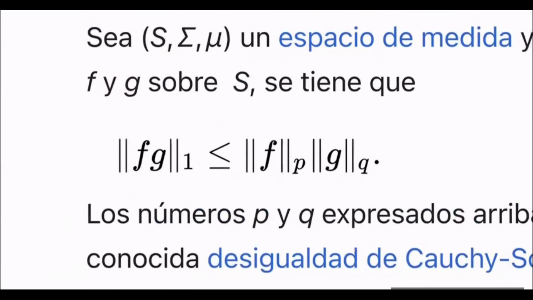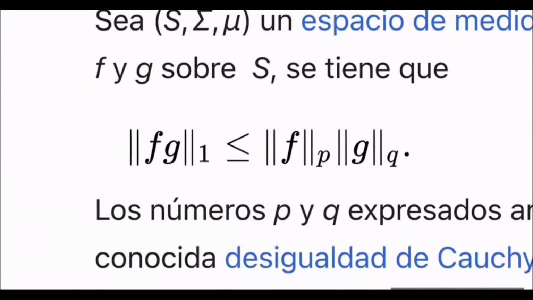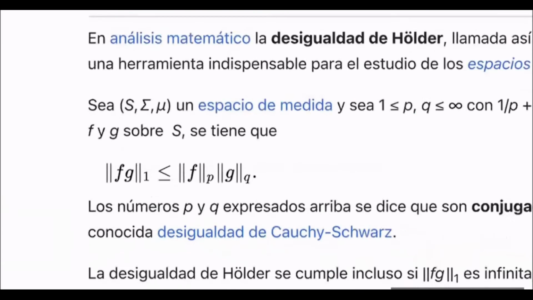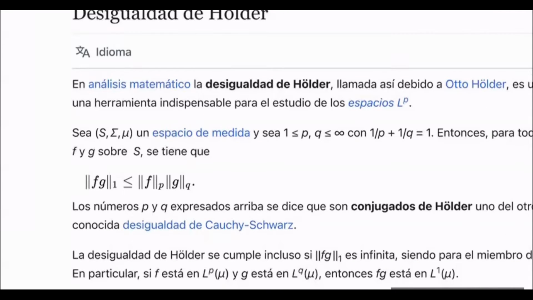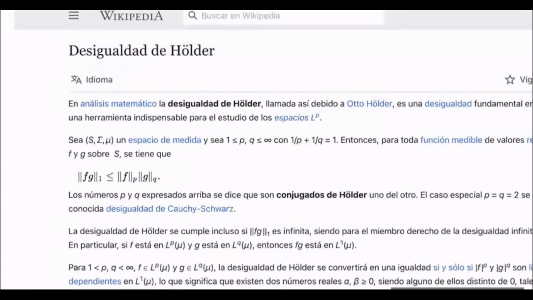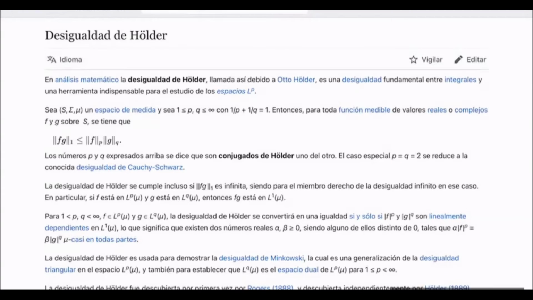It says that you can take the norm in L1 of the product of f times g, when f and g are functions in Lp and Lq respectively. And then that thing is supposed to be lower or equal than the product of the norms in p and in q of f and g respectively. And that's it. Now, if you change the p and the q for 2's, then what you have is the super known inequality of